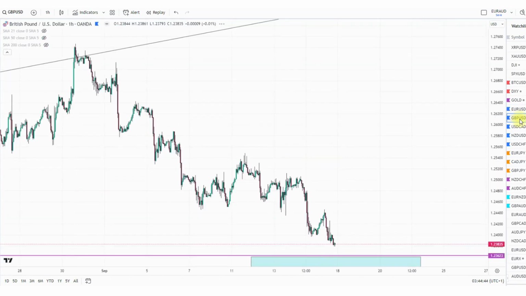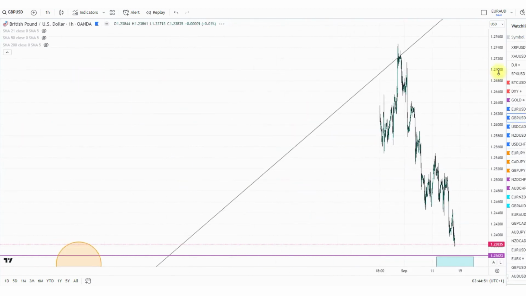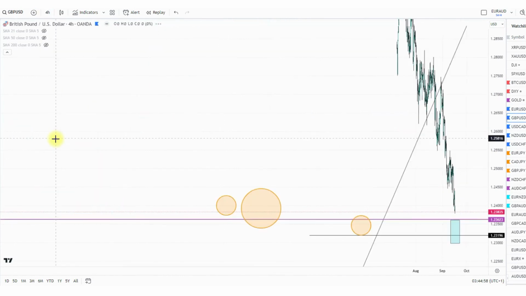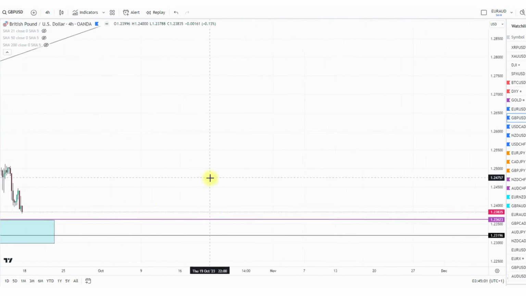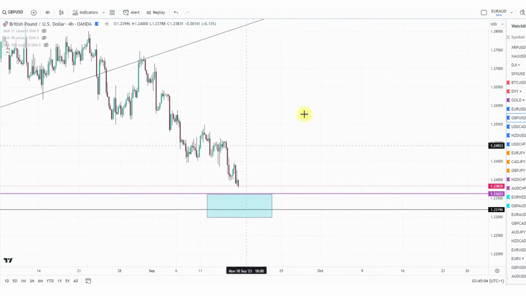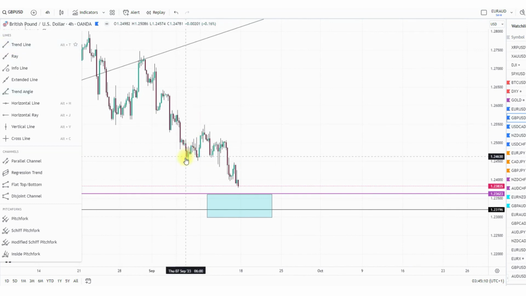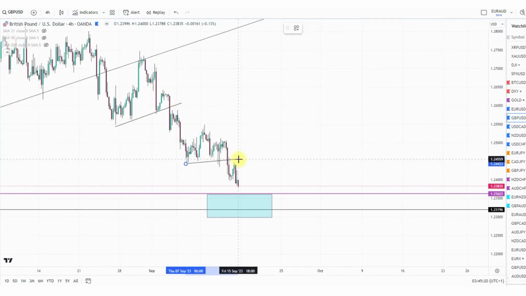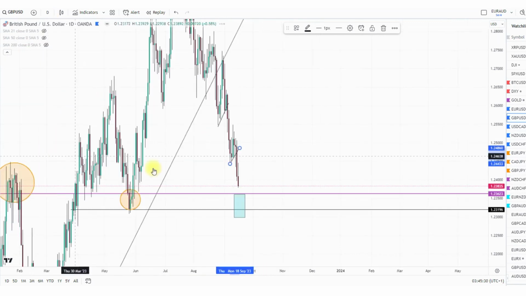On GBP US dollar, I will not be taking a trade until further notice, because it's down already, and there is no sign of any pullback in the GBP US dollar. As you can see, after we break this level to the downside, the market keeps falling, and there's a break of this level too. If we check the daily time frame, you can see that